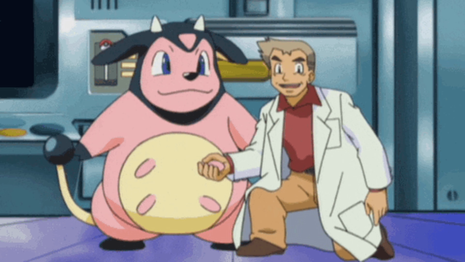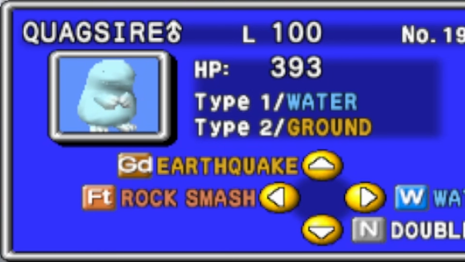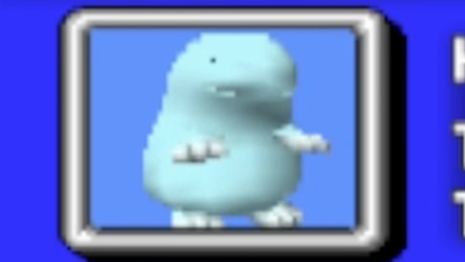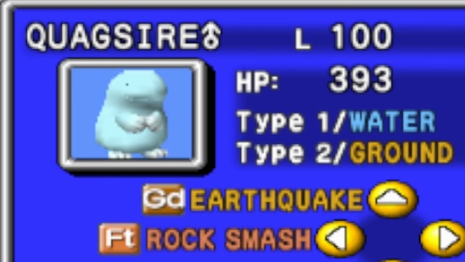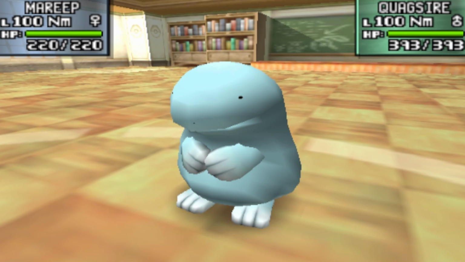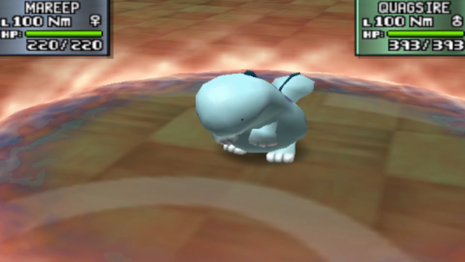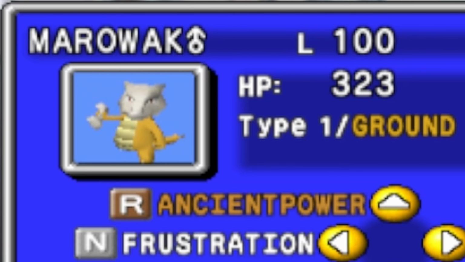But now let's take things a bit further. Some Pokemon have two types. So if we look at the best duo-type Pokemon in the entire franchise, Quagsire, don't you dare talk shit about Quagsire, you'll notice that Quagsire is both a ground and a water-type Pokemon. So if he uses either a ground or a water-type attack, then they would both get STAB. Would Marowak get stabbed if he used a water-type move? No, because he's not a water-type Pokemon, idiot.